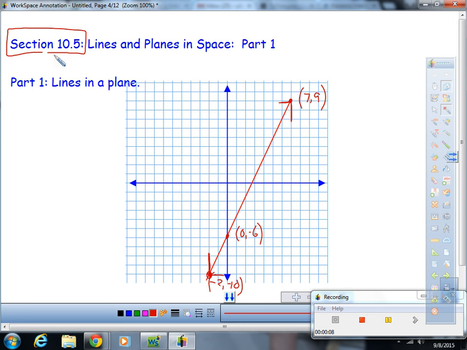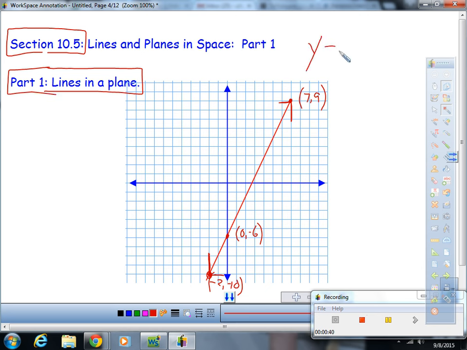All right, we're getting super abstract here today. We're talking about lines and planes in space. Before we start, I want to remind you that you already know how to find lines in a plane, and it's very second nature to you. But the one thing that I do want to explain to you is while you are used to calling this